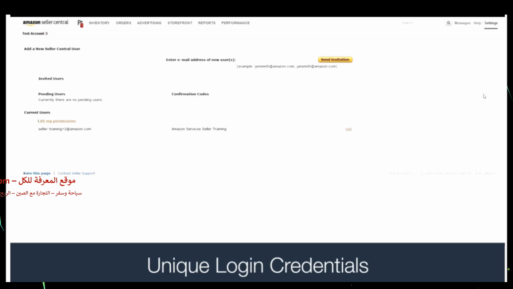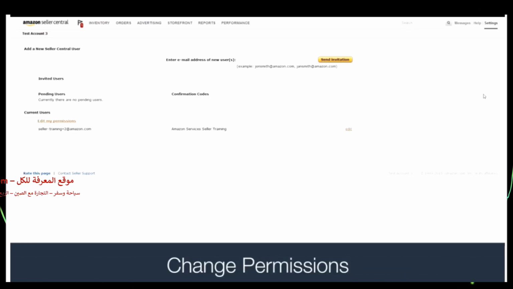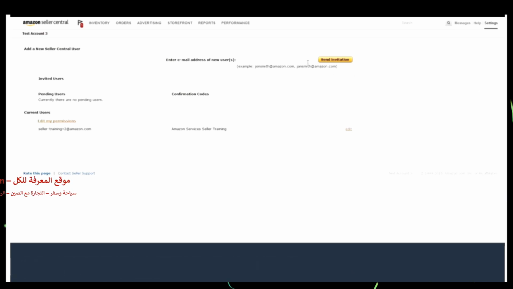You'll be able to add up to 100 users, give each user their own login credentials, and limit what each user can view and edit. This can help you out when you need to give limited access to your accounting team, warehouse staff, and a part-time intern, for example. To give a new user access to your Seller Central account, type in their email address